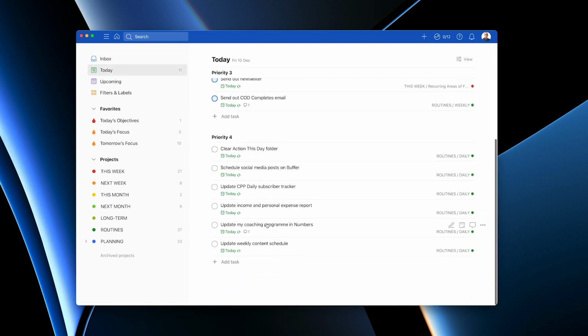And when I go to today, what's left is these things down here. What you'll notice is all these are routines. Every single one of these are routines. This is my routine end of day, if you like, closing down that I don't want to forget. So my action this day folder